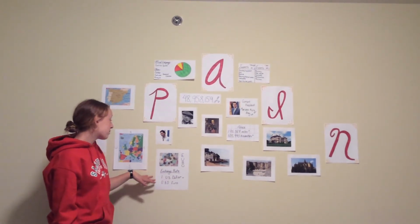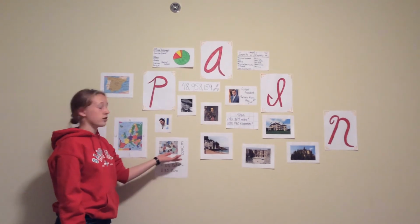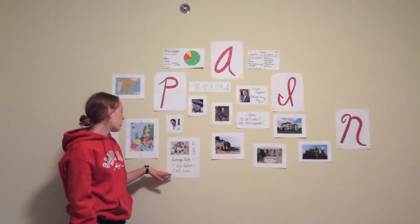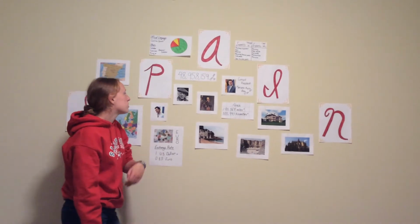The currency in Spain is the euro. It is the most widely used currency in Europe, hence the euro. The exchange rate of the euro is, for every US dollar, that equals 0.85 euros. So there's some facts, some people,